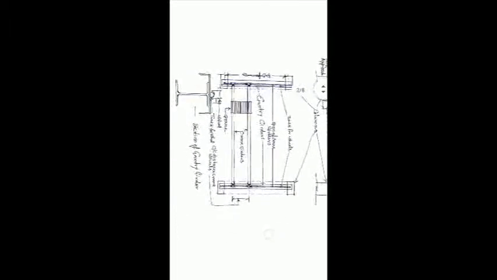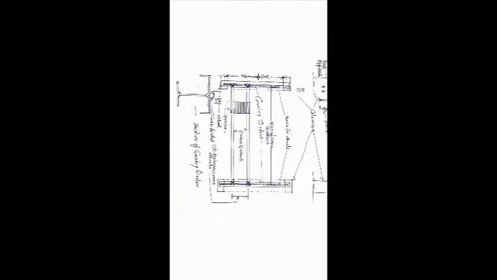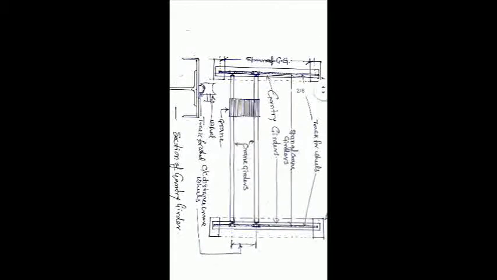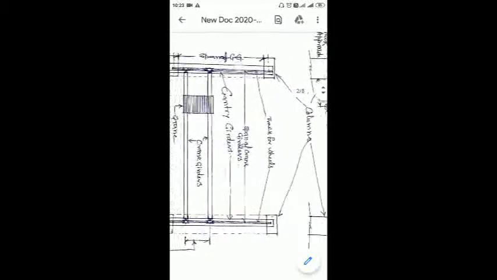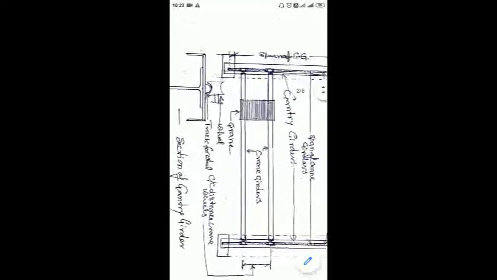You can see the same in this plan. This is the crane girder, and this is the crane, and this is the gantry girder, having one support here and another support here. There are two columns. The gantry girder is resting on one column at this end and on the other column at this end. So this is the span of the gantry girder. You can look at this. This is the span of the gantry girder. Clear?